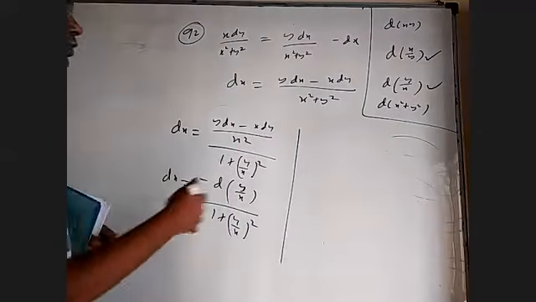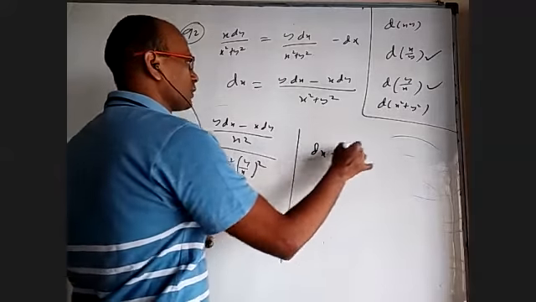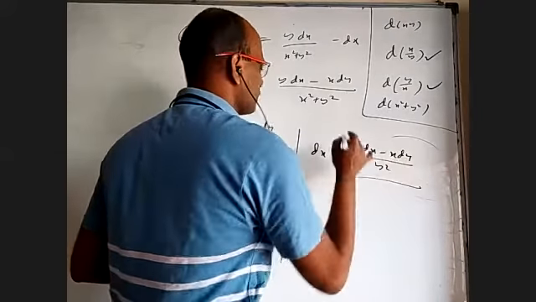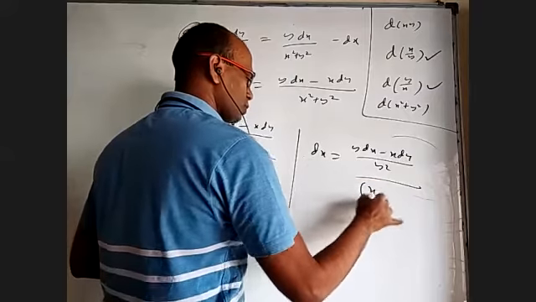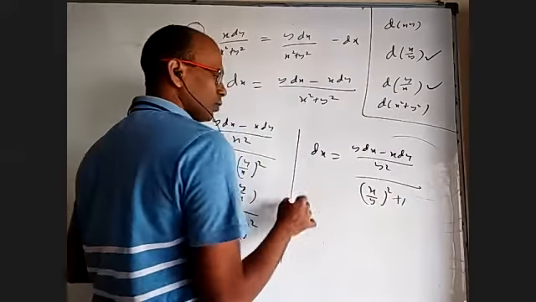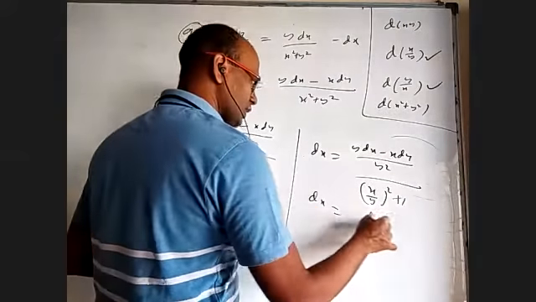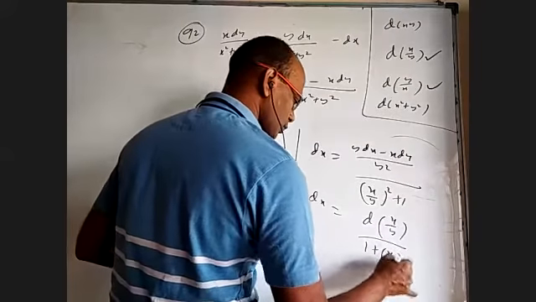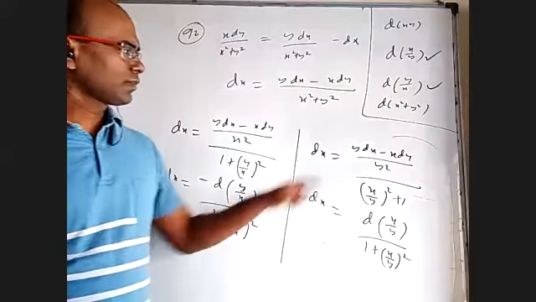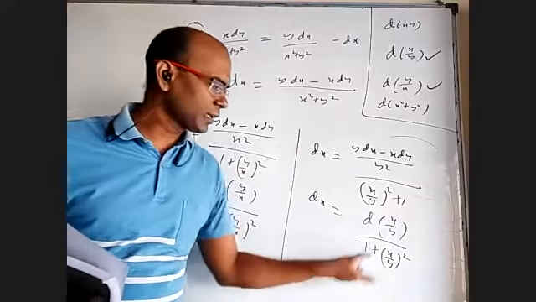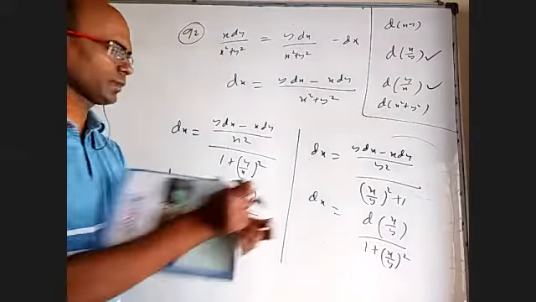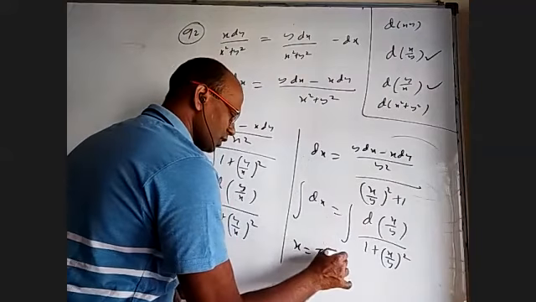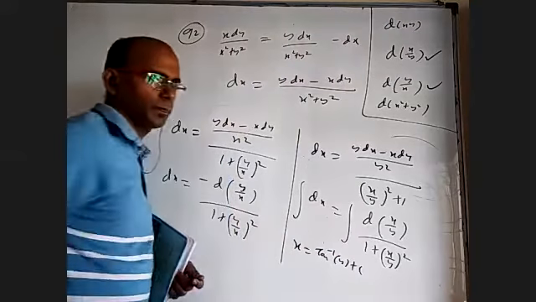What if I divide by y square all over? Let us see what happens. Then I'll get (y dx minus x dy) by y square, by x by y whole square plus 1. Now that is d of x by y, nicely, by 1 plus x by y whole square. I divided by y square here and here. This is like dt by 1 plus t square, whose integral is tan inverse t. So when I integrate, this integral is x, and this integral is tan inverse of y by x, plus c.